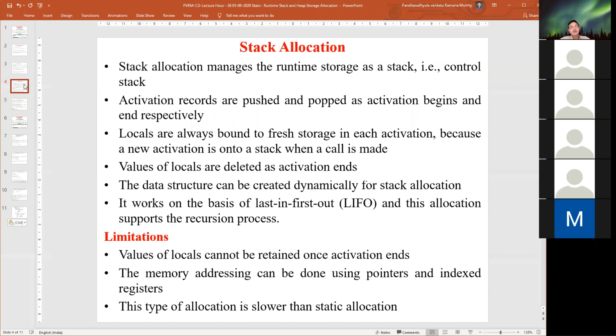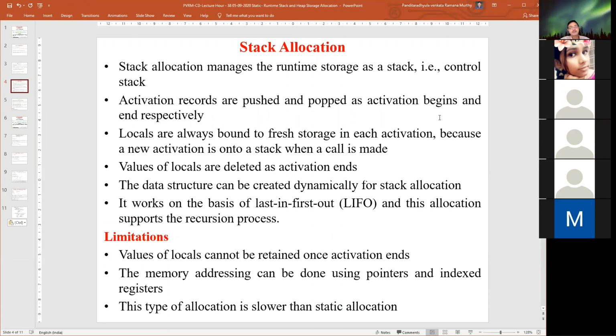The values of locals are deleted when the activation ends. Whenever the called function finishes its operations, its values, or its activation records, are deleted from the stack dynamically. So by adding activation records onto the stack dynamically, and removing them afterwards, the data structures are created dynamically for stack allocation.